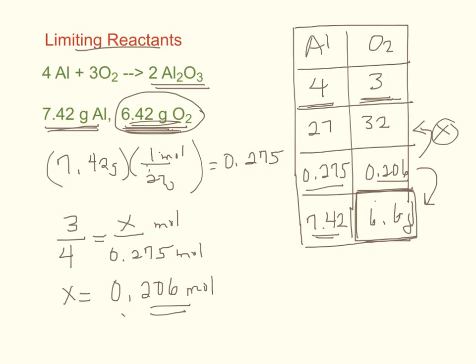So what if your problem asked you to calculate how much aluminum oxide would then be produced by 6.42 grams of oxygen? Then we've got to do another stoichiometry problem where you're going to have to recreate this column with the new values. So really we don't have 6.6 here, we've got 6.42. You'd have to calculate a new mole value to use that to then determine, using stoichiometry, how much aluminum oxide